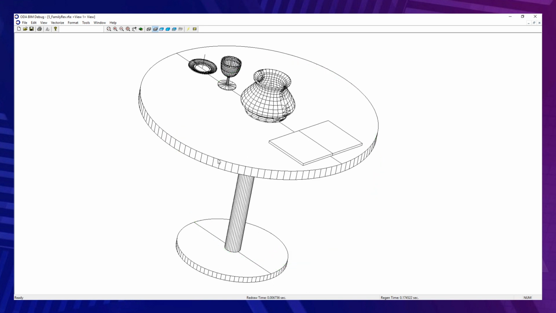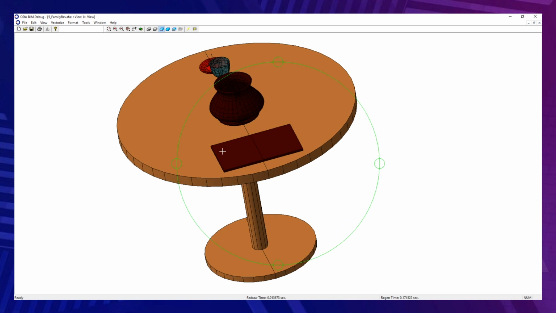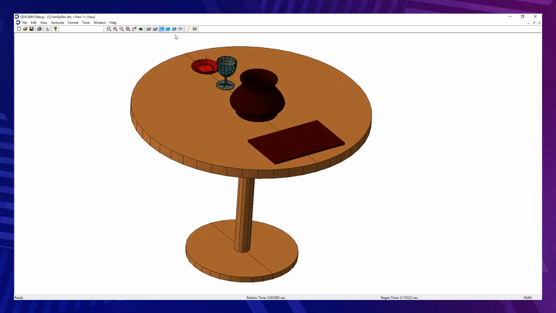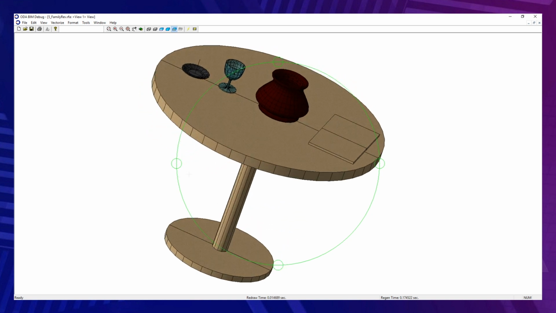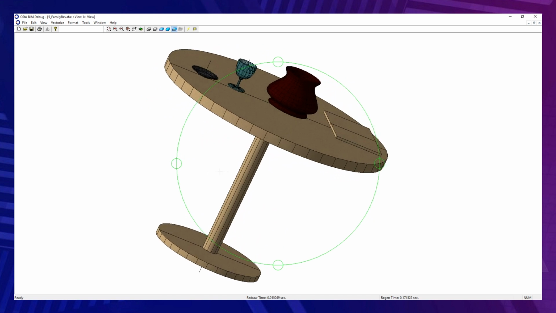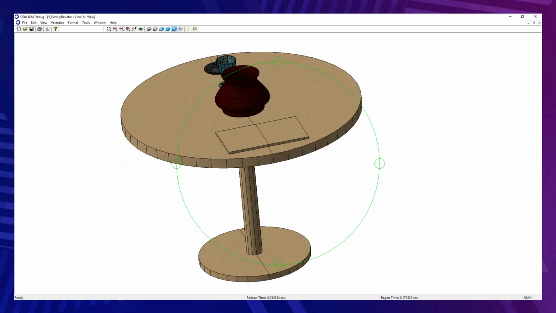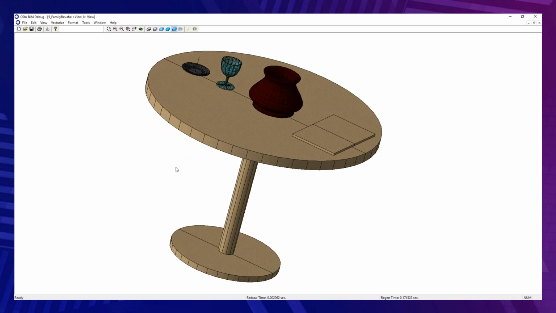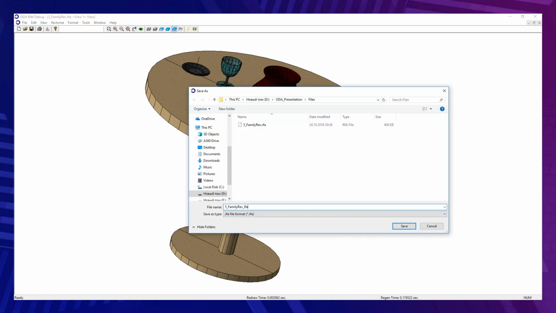So we also can change visual styles. For shaded mode, colors are used from the materials of these elements, and we can also select realistic mode. Realistic mode uses textures for the table and for the desk from the material, and the plate also has another color for realistic mode in the material settings. Currently we will save the file also and try to open it in Revit.